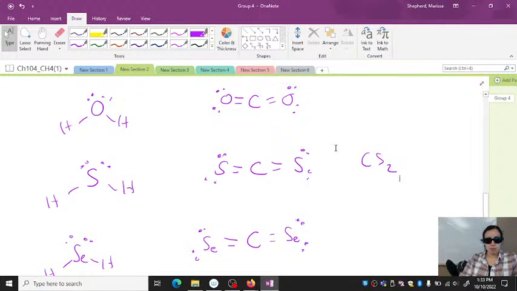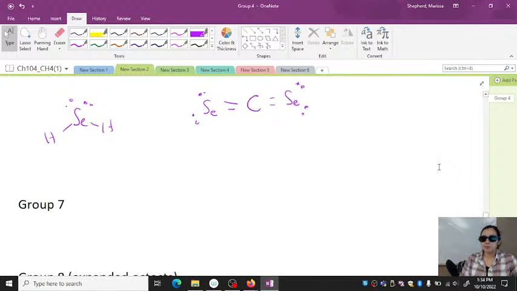So if you were ever exposed to CS2, you'd want to get monitored right away, go to a hospital, check your oxygen blood levels, and then potentially receive oxygen therapy to help expel that. At the very least, you might feel like you have a hangover from the CS2 exposure.